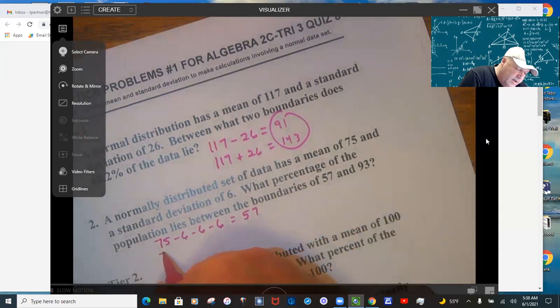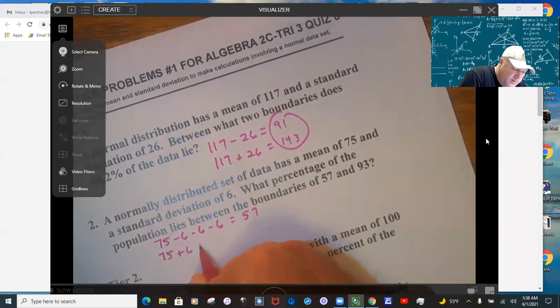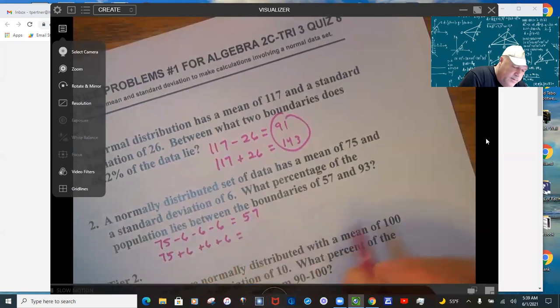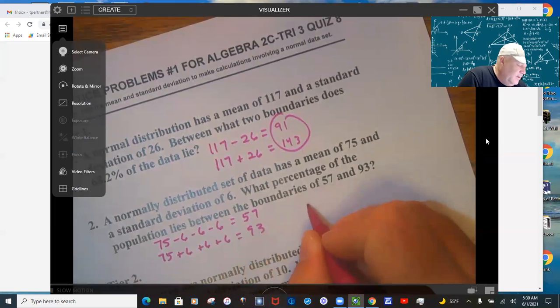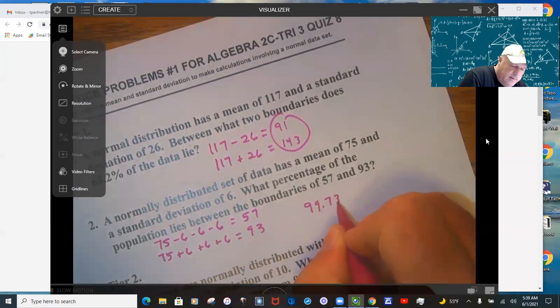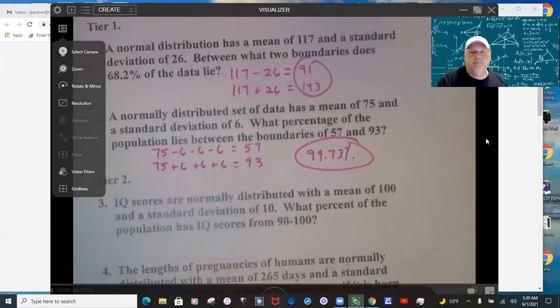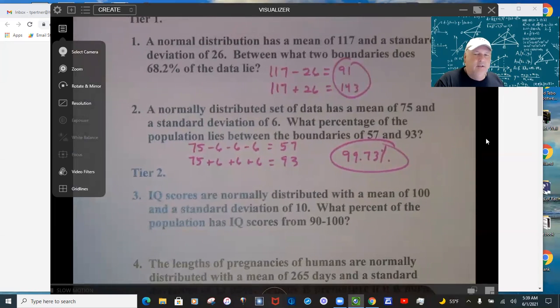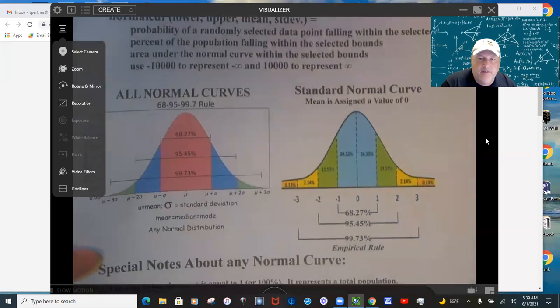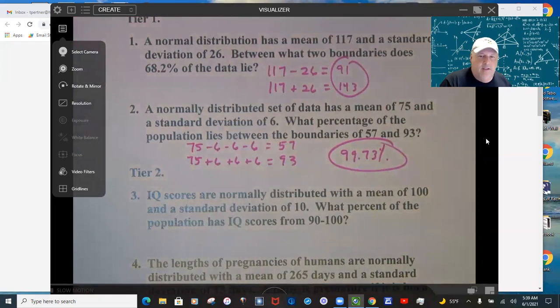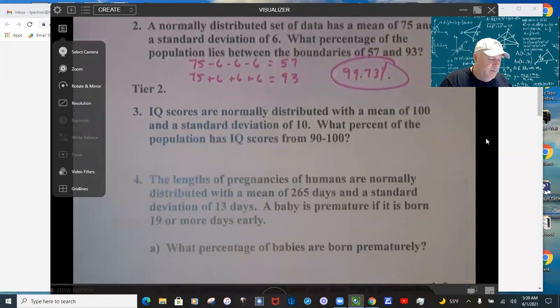You just have to figure out how many times it could be once, twice, or 3 times subtracted. So then you record the percentage of the data. So either you got to figure out how many times and record the percent, or you're given the percent and you have to add or subtract it that many times. Okay, so 3, 4, 5, the rest of the way you're using the calculator in the